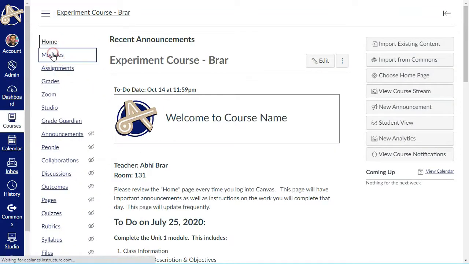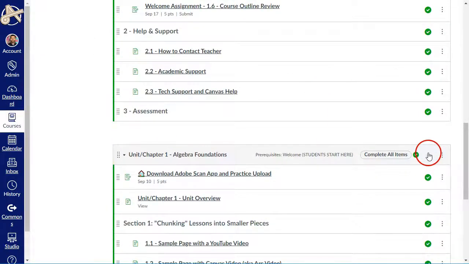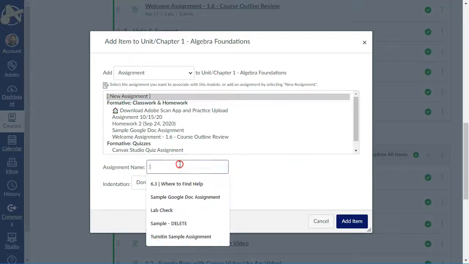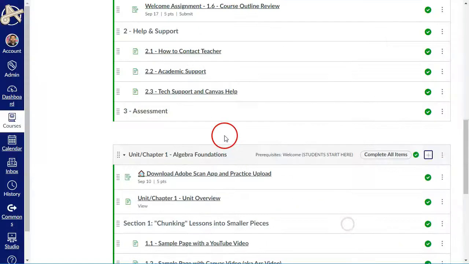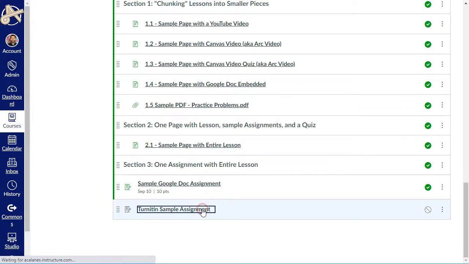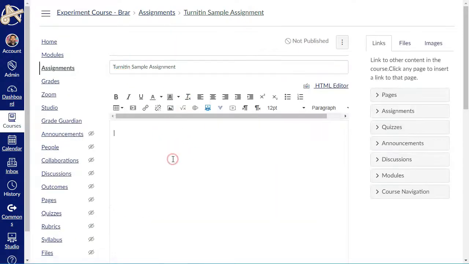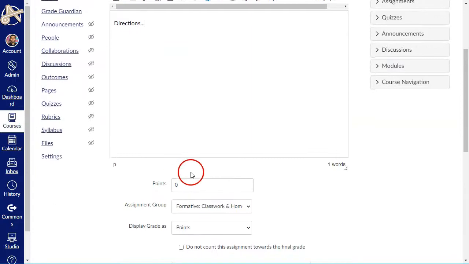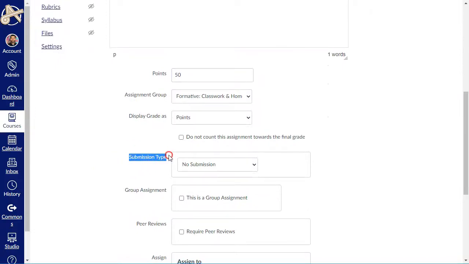I'm going to go into my modules, and inside one of my modules, click on the plus icon to create a new assignment. I'll give it a name like Turnitin sample assignment and add that item, and then edit this assignment like I always do. I'll click on the edit button, provide directions in the top field for students, and I can add more detail here, provide some points for this assignment, select the category, and then in the submission type is where we will